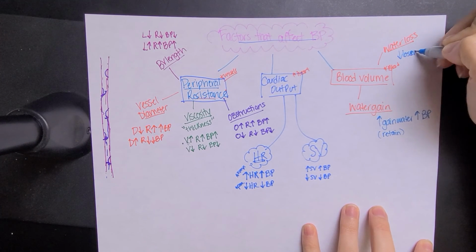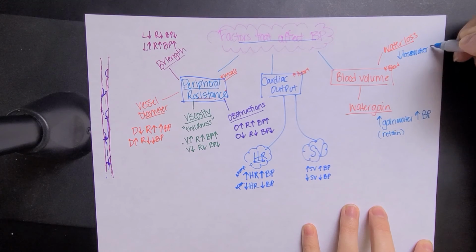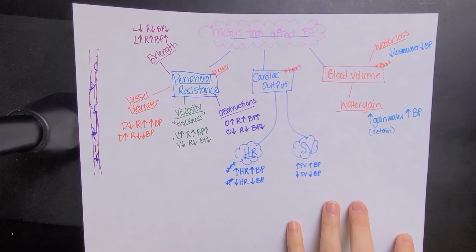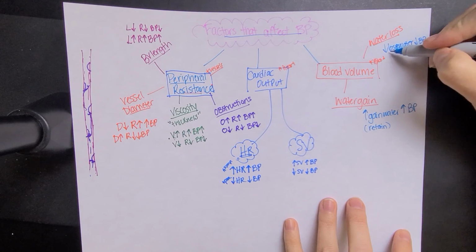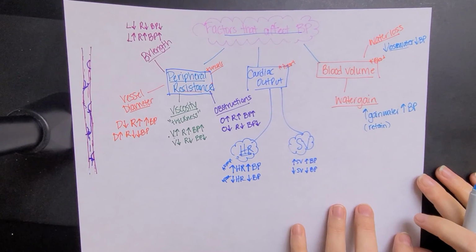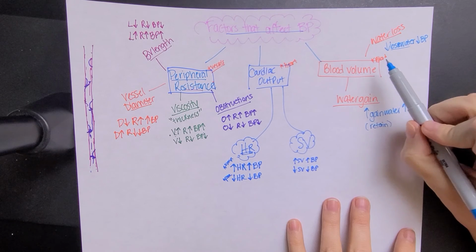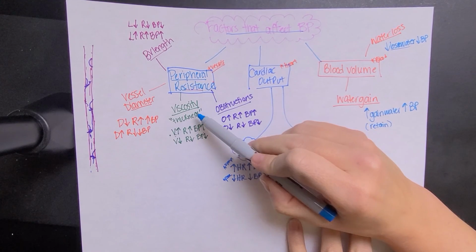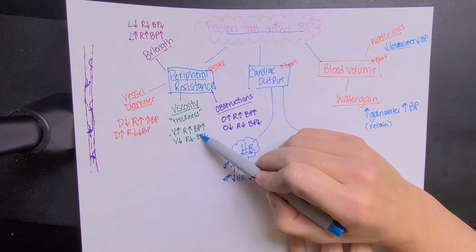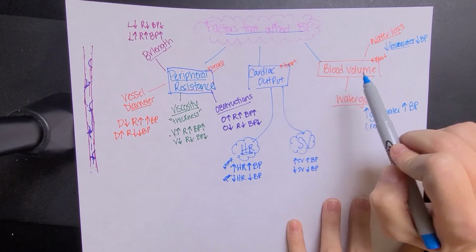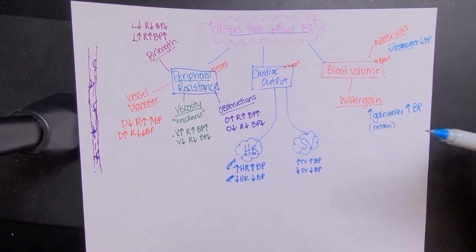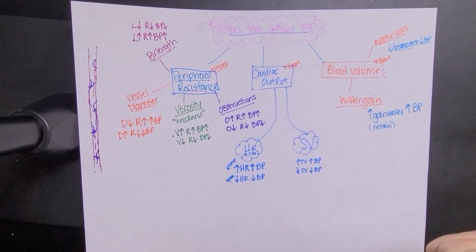Lose water, my bad. Our blood pressure is going to go down. Right? We get rid of water or we bring in less water, right? But like we said before, if you lose too much water, you don't have enough water, that's going to impact the viscosity, right? Which could have the opposite effect. So it ultimately is determined by lots of factors. It's not just one thing that's going to determine your blood pressure. So I'm going to stop